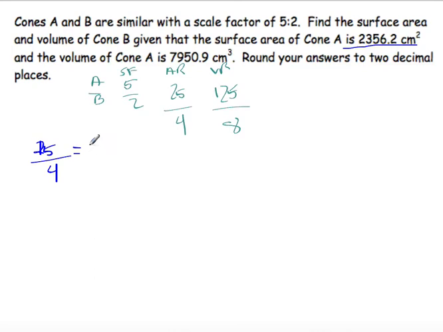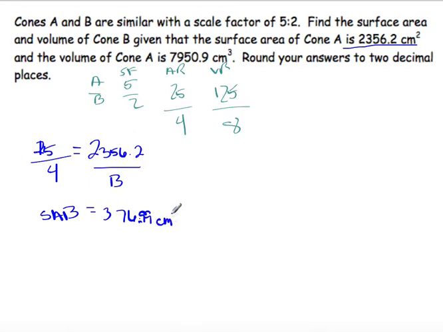They gave me A, and A was on top, so that over the area for B, and then we're going to cross multiply and solve, and when we do that you should end up getting, so we do 4 times 2356.2 equals 25B, and then divide by 25, and so the surface area of figure B, and they wanted 2 decimal places, gives me 376.99